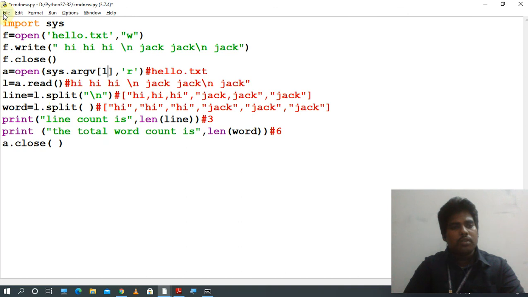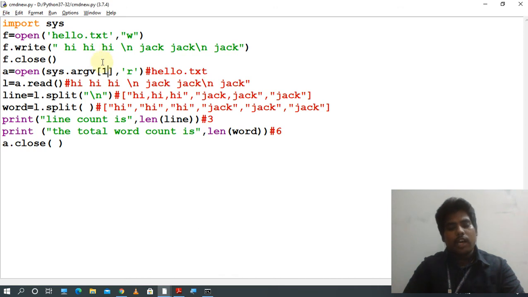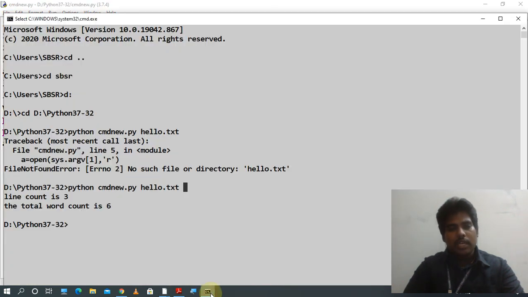All of you understood? This is the way you have to execute a command line argument program. You have to open the command prompt, then give the keyword python, then your Python file, space, the input txt file.